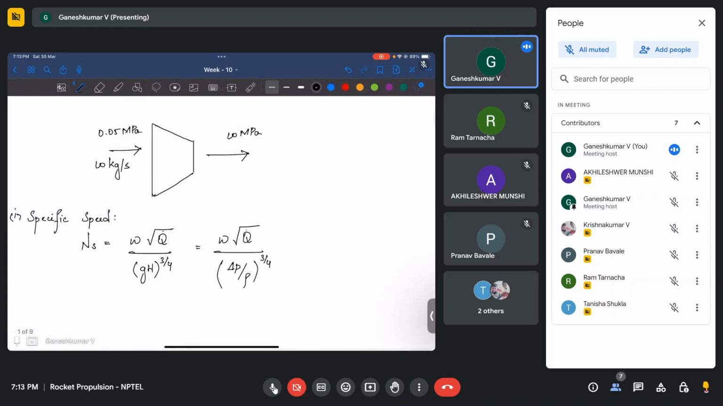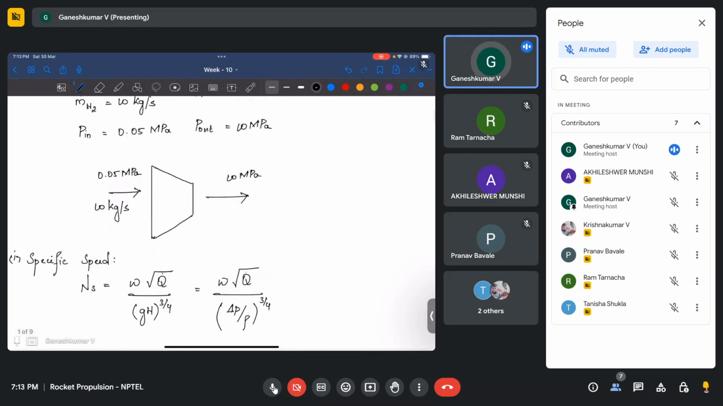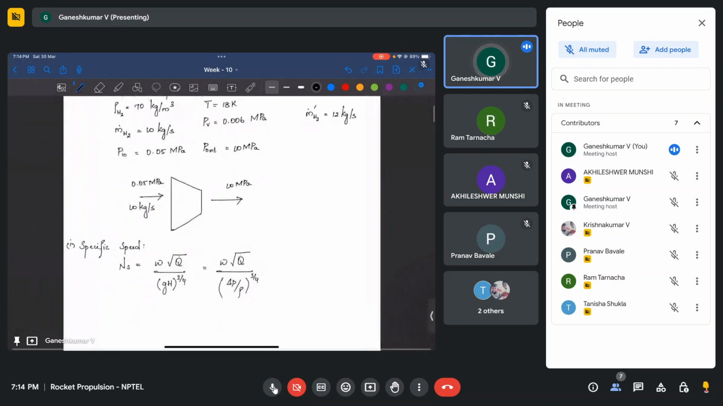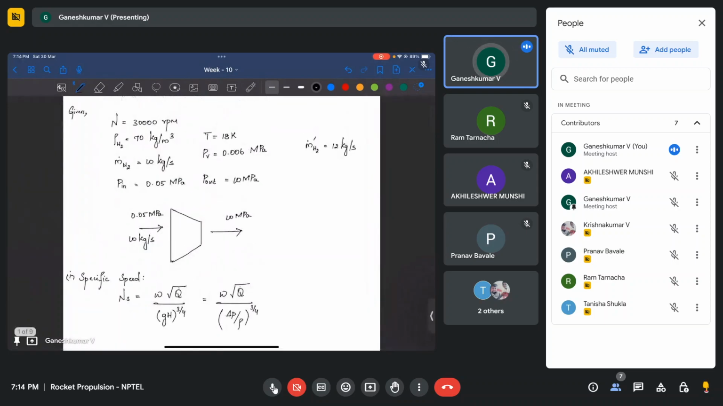Okay, so this is what we need to find out. We already have mass flow rate, so from there you can find the volume flow rate, right? And we can also find delta P, which we also know. Delta P is delta P across the pump, so basically P out minus P in. And density is also given. Volume flow rate we can get from mass flow rate, and the only thing is you need to find omega,